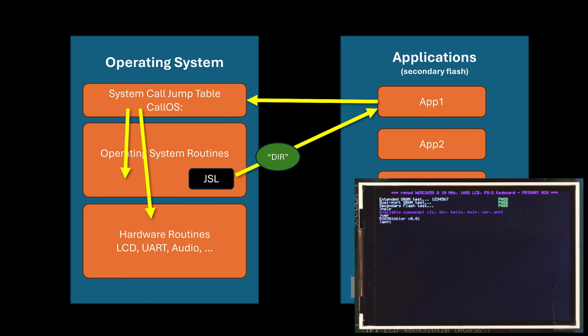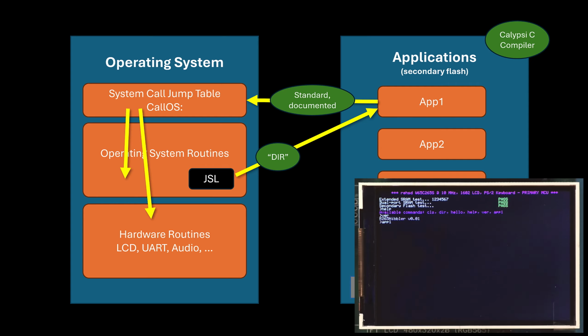But then the app, to get to the jump table, I have to have this jump table in there. Again, I have to have that standardized and documented, and then make sure all my different apps use it in a standard way. And for today, I'm going to use assembly,